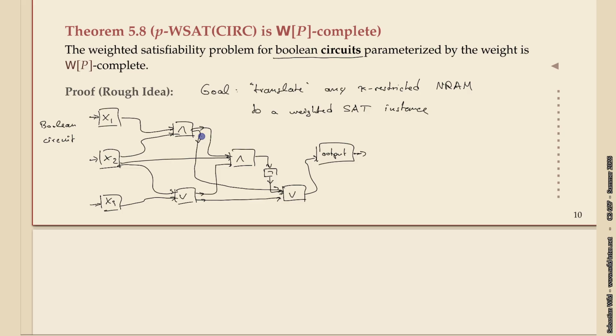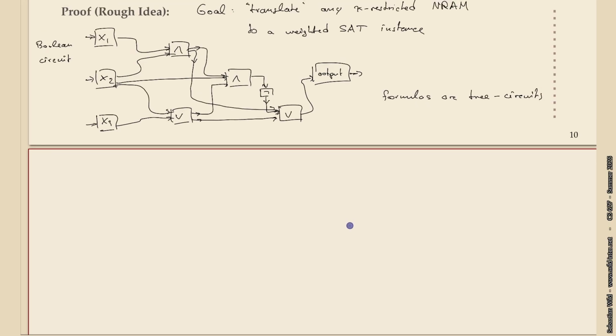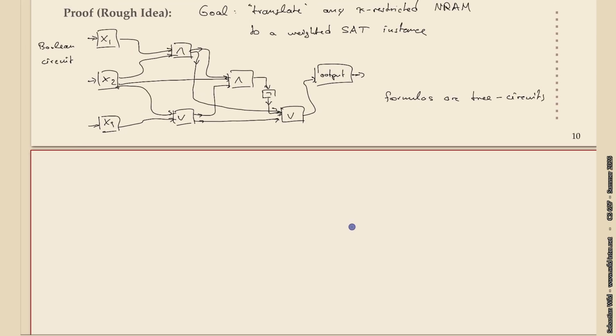Okay, so that's circuits. You can always interpret a formula as a circuit by just writing it as a tree. So maybe that's worth stating, right? But there's many more tricks you can do on circuits. And the key that we're using here is that you can modify them so that they're satisfiable with a fixed weight. So the idea of the reduction